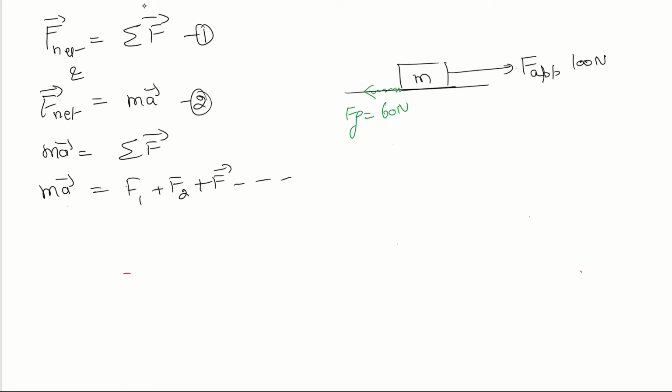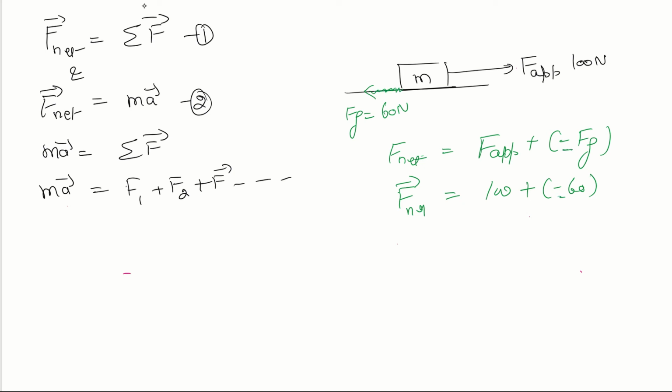So I'll say F net is equal to force applied plus minus force of friction, and this value is equal to 100 plus minus 60, which is equal to F net. I've considered this negative because this 60 is acting in the opposite direction. So this value will be equal to 40 newtons, F net,